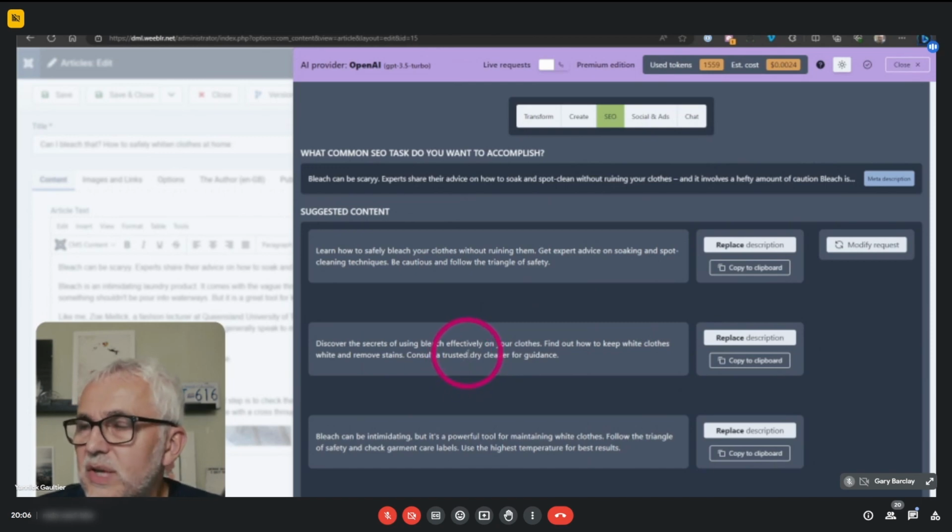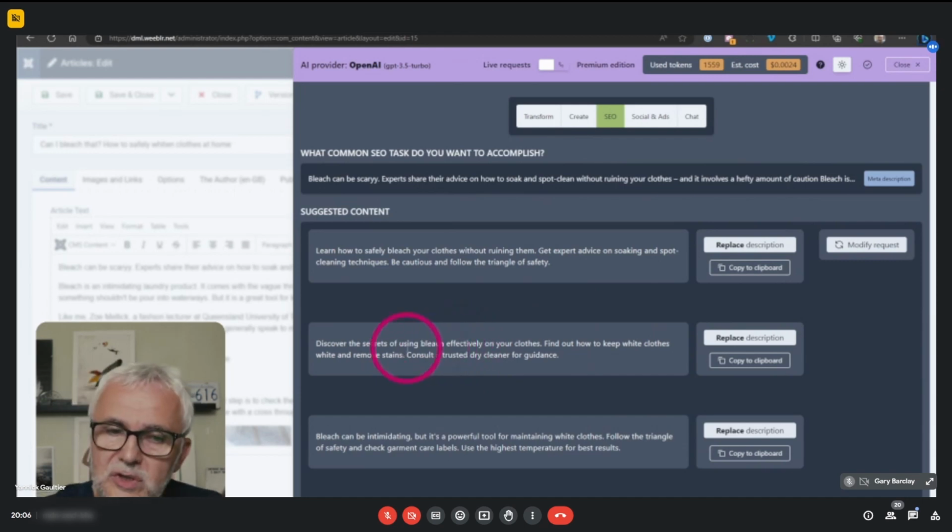You can always just copy and paste. So that works. But obviously, if it works directly with the editor, and especially with articles, it's a bit more convenient because, as we've seen here, we asked for a meta description for this article, and we can just click the replace description button, and it has replaced the description inside the field.